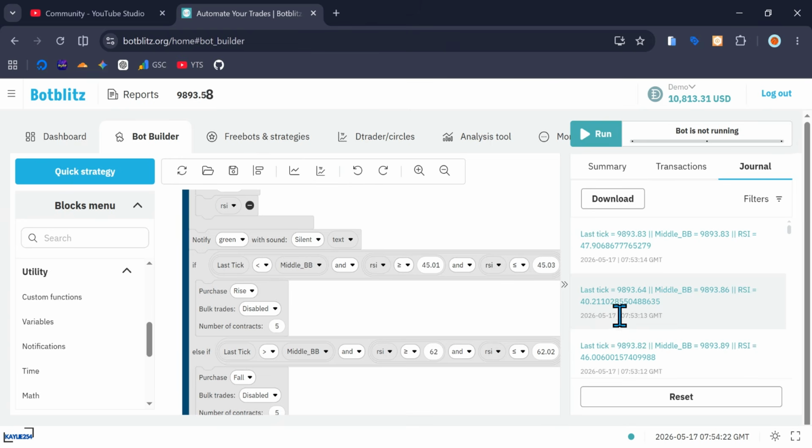Last tick is 9893.64 and middle Bollinger Band is 9893. This is 9893, so we compare the decimal, which is 9893.86. So Bollinger Band is greater than the last tick. So last tick is less than Bollinger Band value, but now the RSI should be between 45.01 and 45.03. So this one is